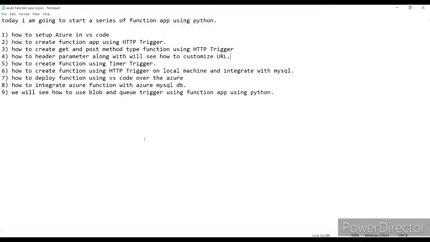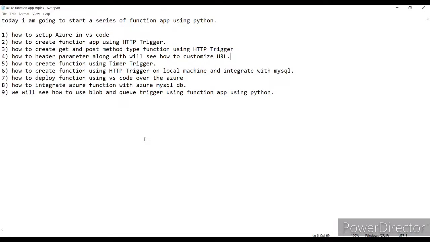So what is timer trigger? So timer trigger provide the functionality to run the function at a specified time. That means if you want to schedule your function at a specified time, then you can use timer trigger function in Azure Function app.